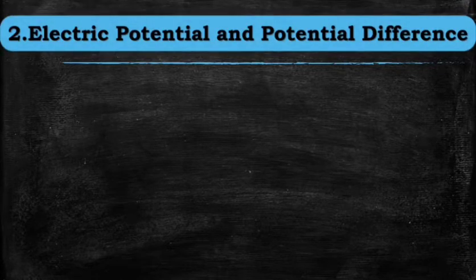Let us now discuss electric potential and the potential difference. We have gone through the current, how the current flows. The current will be flowing from positive to negative, that is the conventional current, and the electrons will be flowing from negative to positive because they are opposite to each other. And the current is measured in amperes, the charge is measured in coulombs. We have gone through it. Let us see what is electric potential.